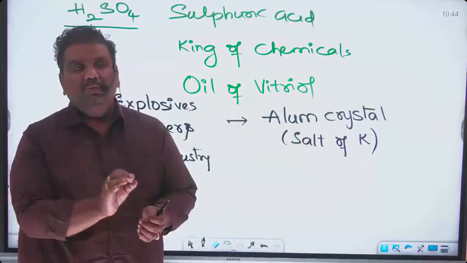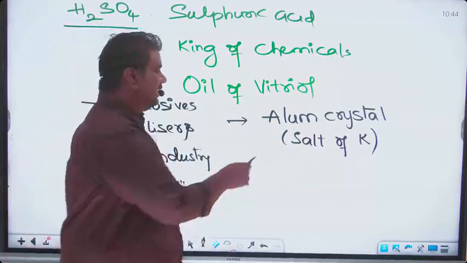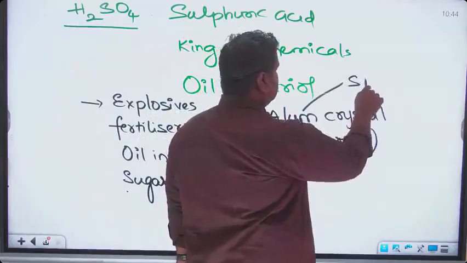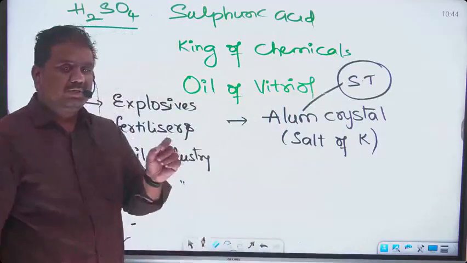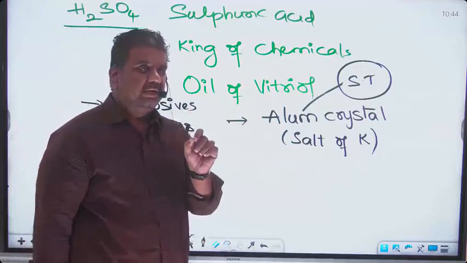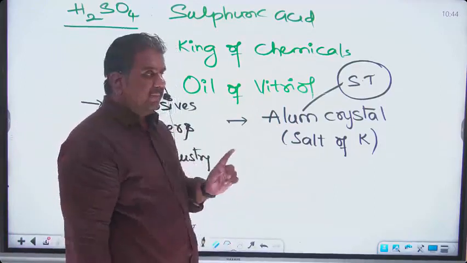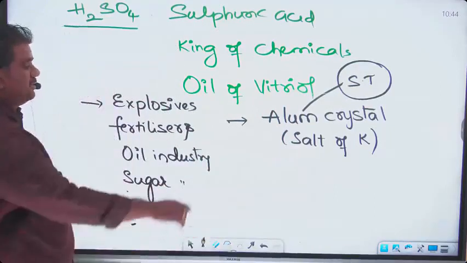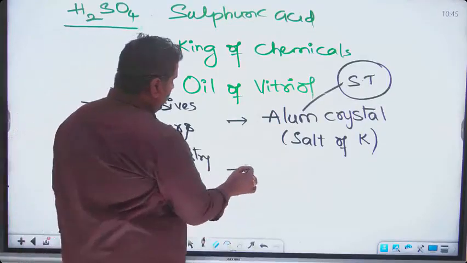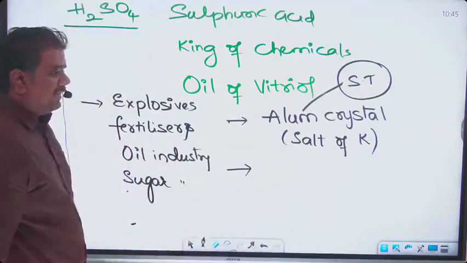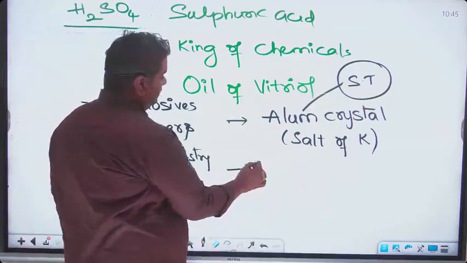So in simple terms, this particular alum crystal is reducing the surface tension of water, as a result of which all the dust particles are getting settled at the bottom. And in the making of this particular alum crystal, which is a salt of potassium, sulfuric acid is used at the same time. Dilute sulfuric acid